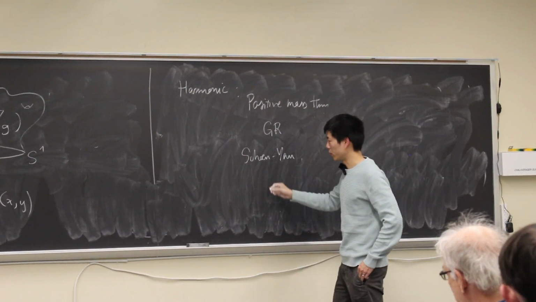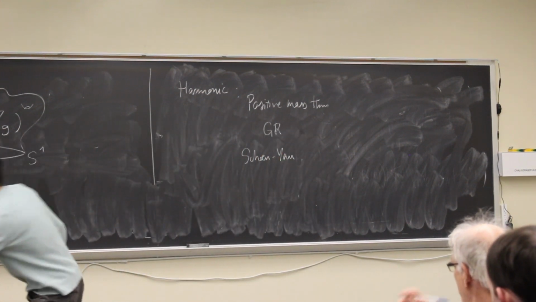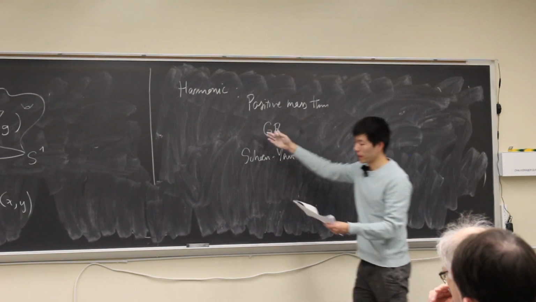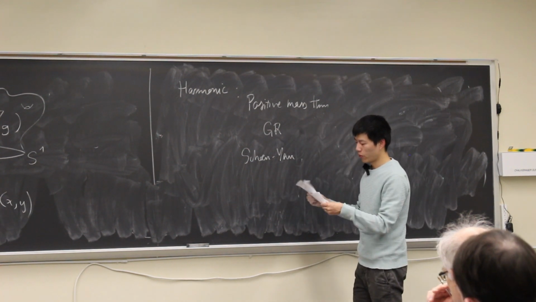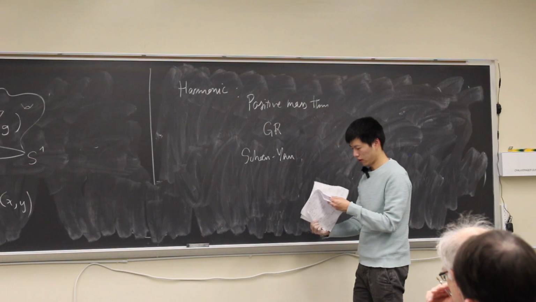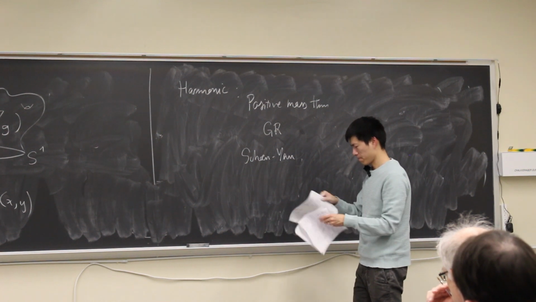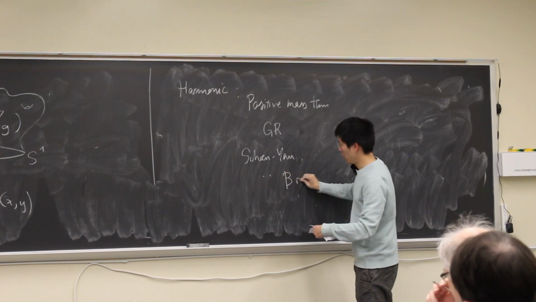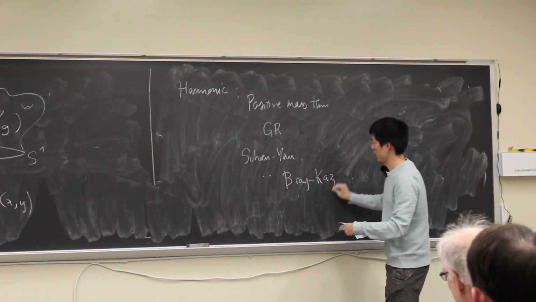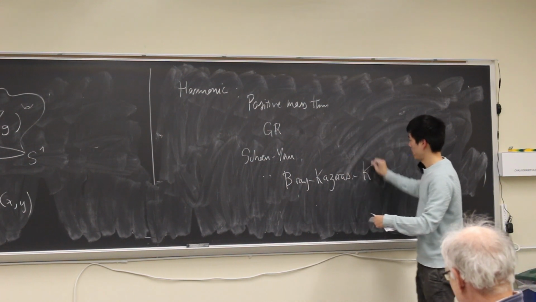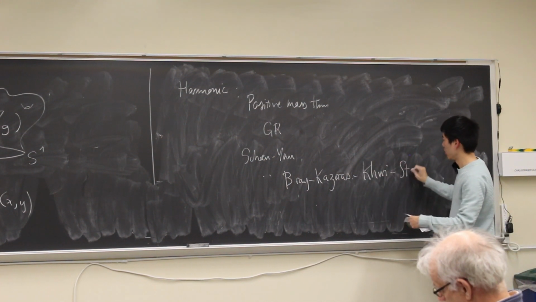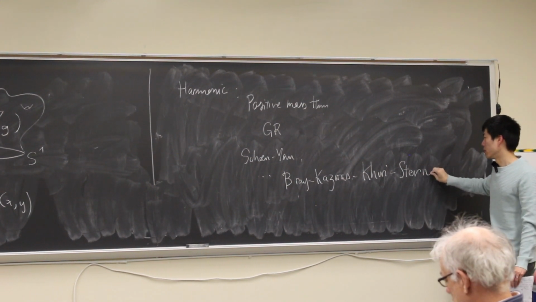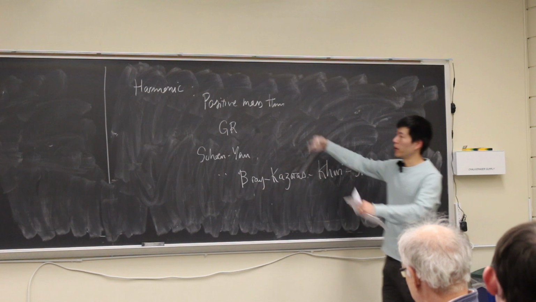I want to mention one proof that uses this idea of harmonic maps, which is the one I'm interested in. So there are many proofs, including one by Bray, Kazaras, Khuri, and Stern, Daniel Stern. They use harmonic map techniques